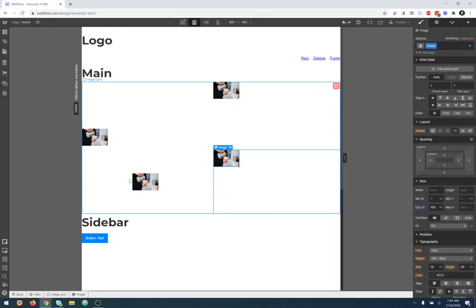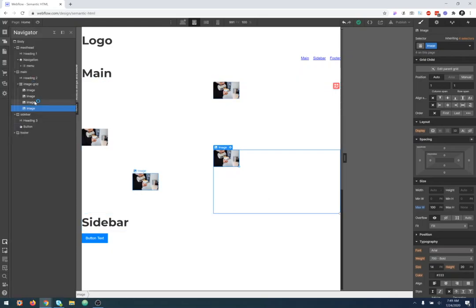If they were different, you can make one go first or last or whatever, and that could happen at a breakpoint. So let's say at desktop levels you want one to be the first up here, but on mobile you want this one to be last. You could set that ordering here without having to change it in the source order here,